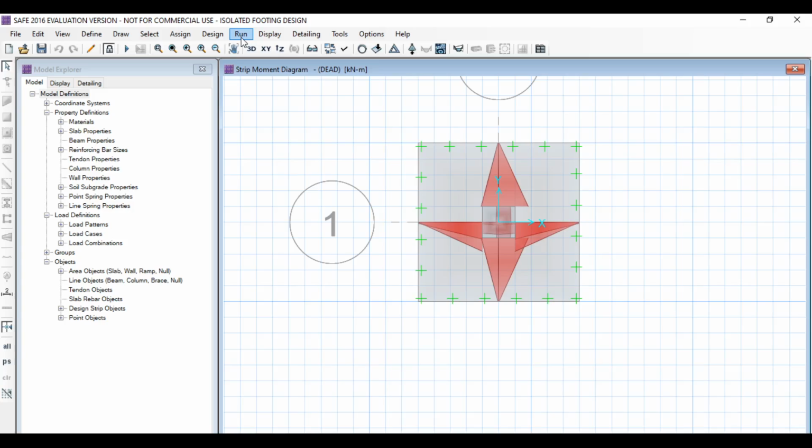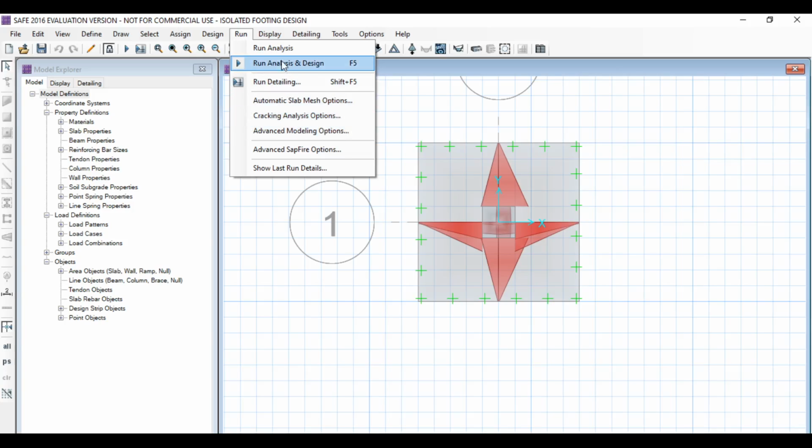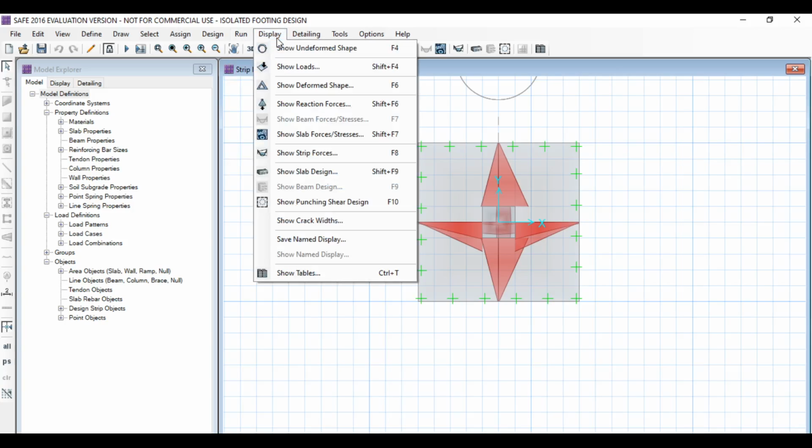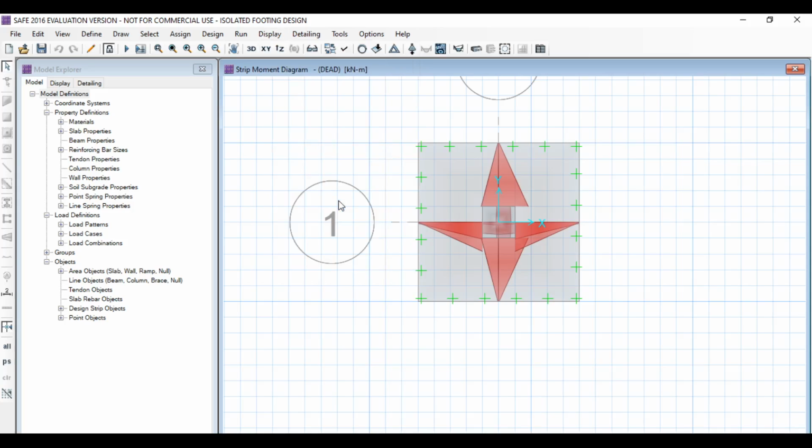Now go to run analysis and design. Click on display, click on show punching shear design.